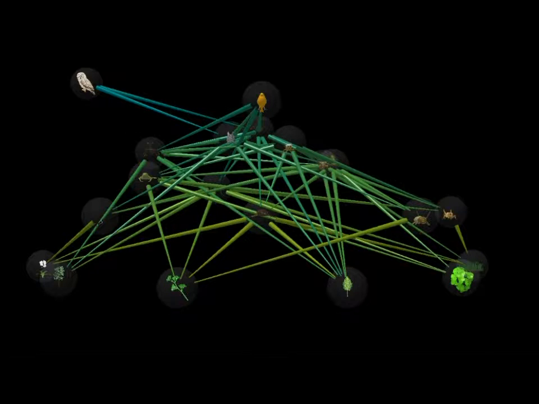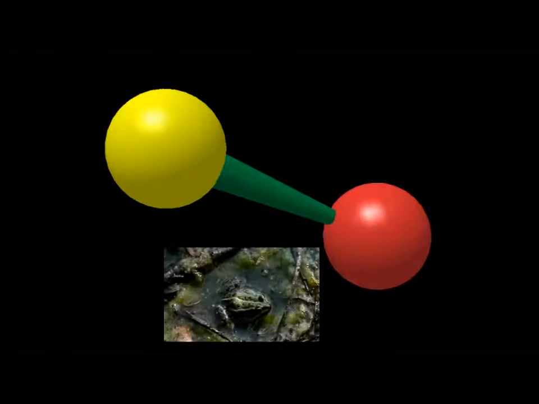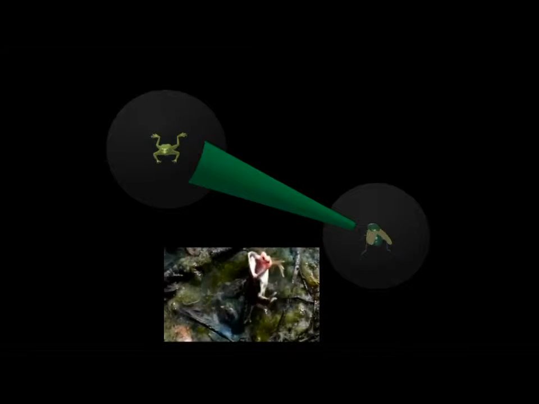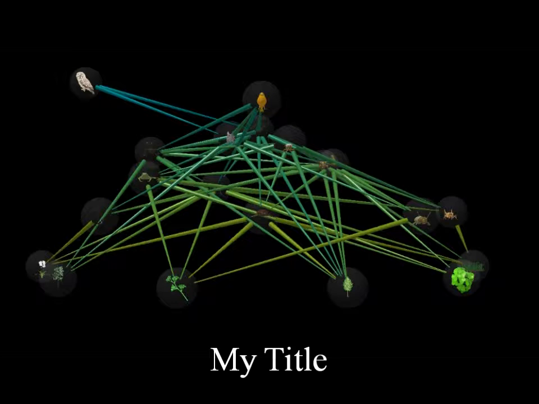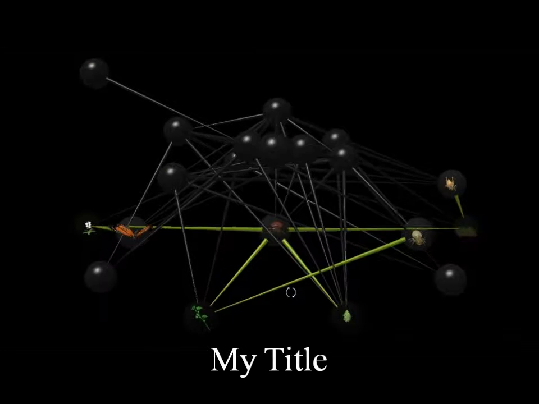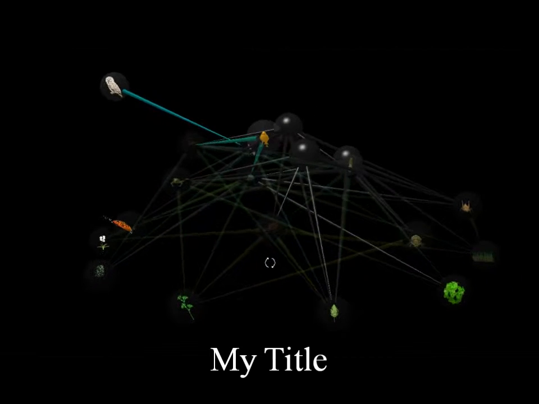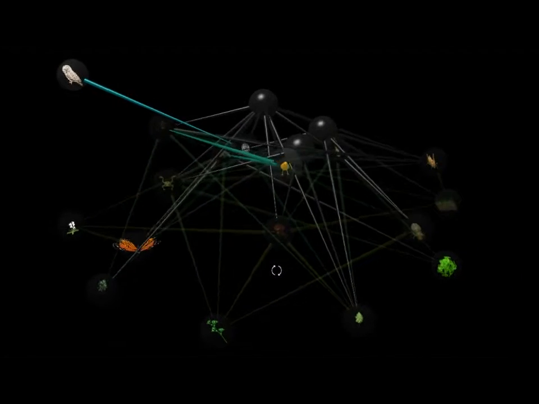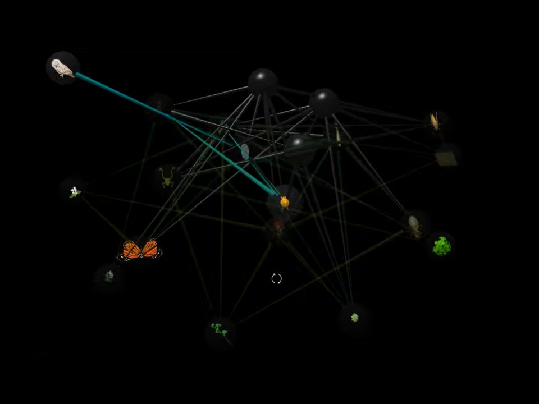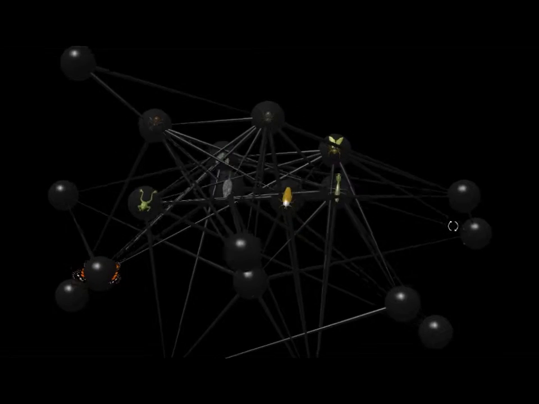We illustrate these networks by using spheres to represent the species found in the food web and by using long skinny cones to represent the feeding relationships between these species. Plants are at the base of the food web at the first trophic level. Herbivores are above the plants at the second level, and carnivores of herbivores are above herbivores at the third trophic level, and so on. Omnivores eat species at more than one trophic level.